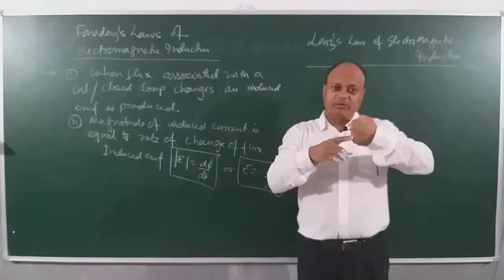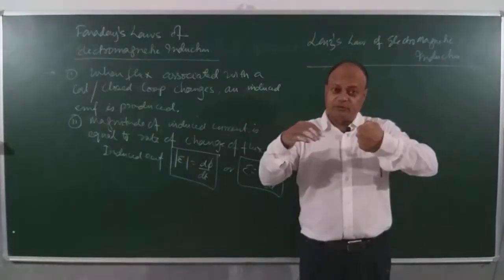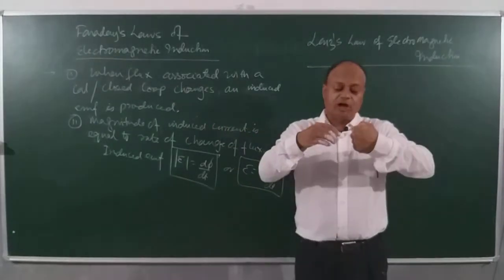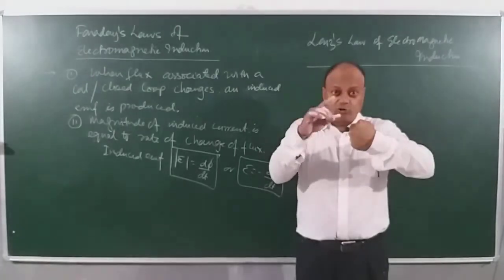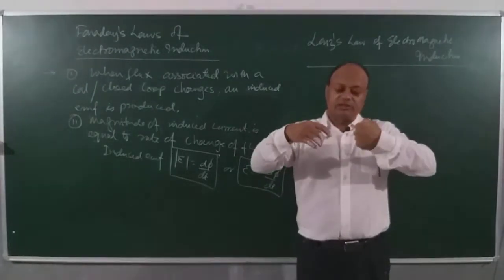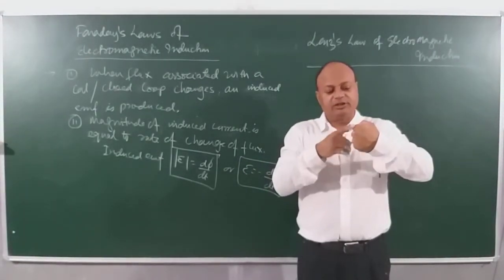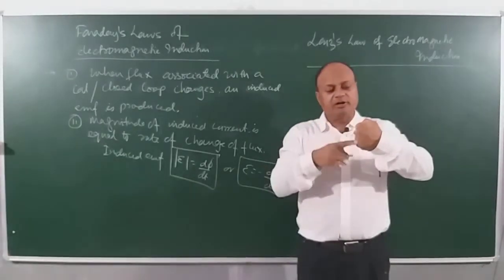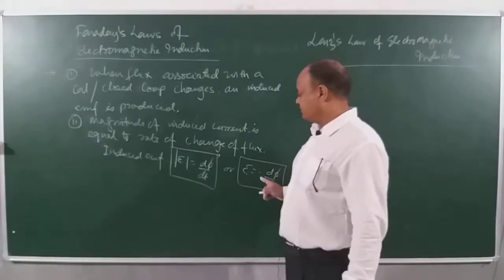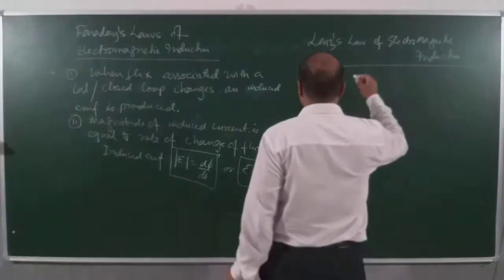Now, the nature of induced EMF is such that it will oppose the change of flux. It neither wants you to come towards it, nor does it want you to go away from it. So, when the north pole goes away, it will try to attract it. It says don't go away, don't go away. So, it tries to pull it towards itself. If you want to pull the north pole towards itself, then the coil has to produce a current which will produce what? A south pole this side. So, current here will now be clockwise. Clear? So, this is the significance of the negative sign, right? So, we will understand the statement of Lenz's law.